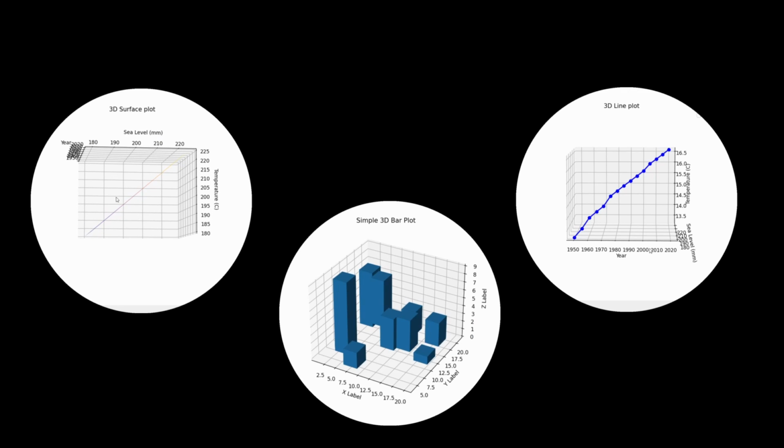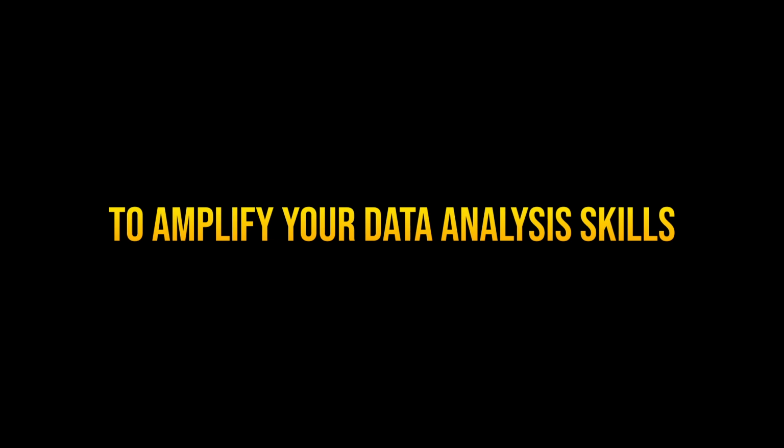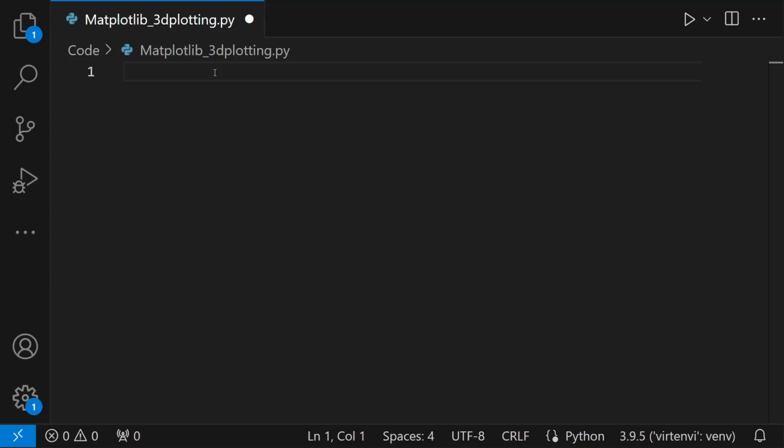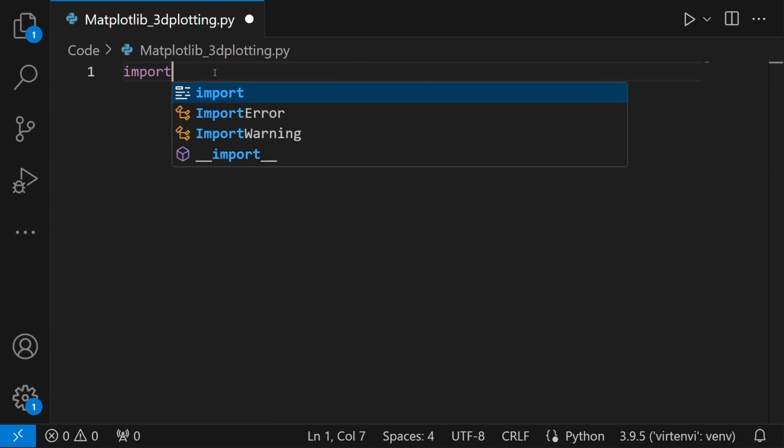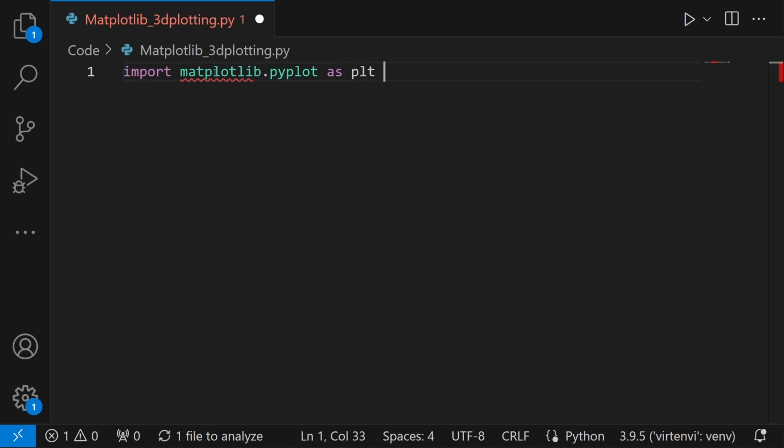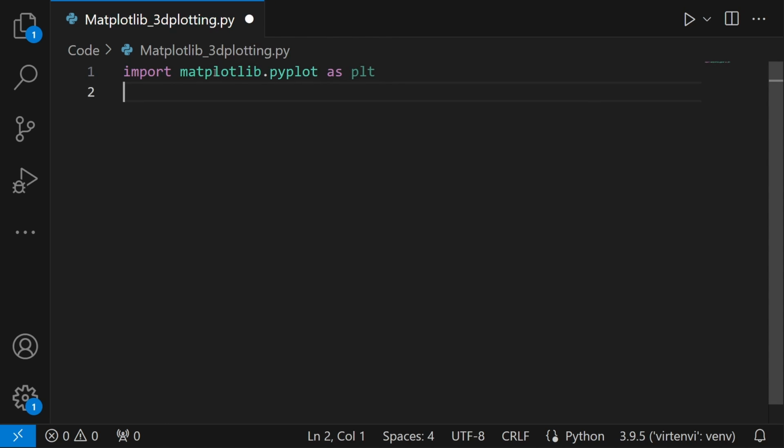In this video, let's show you the basic 3D plotting techniques in Matplotlib to amplify your data analysis skills. Let's get into it. Okay, then we start by importing Matplotlib as plt, like that, and then I'm also going to